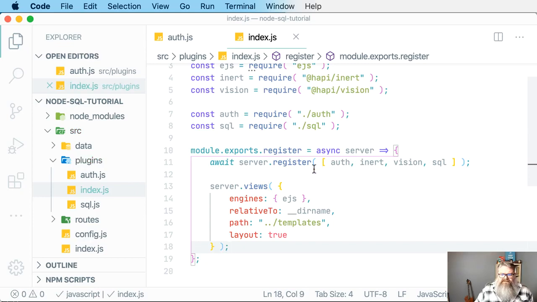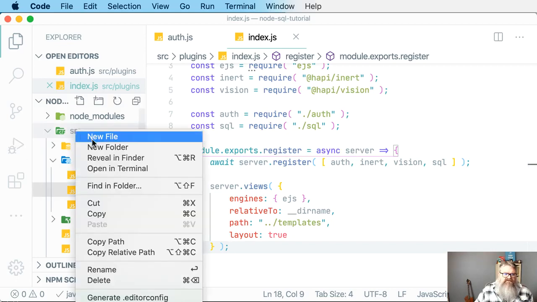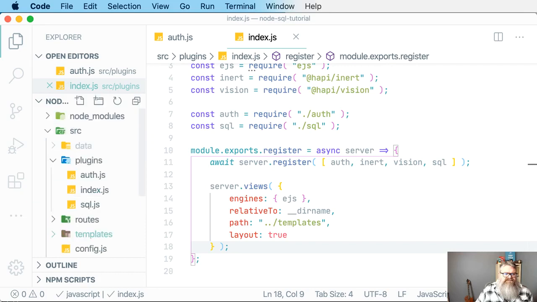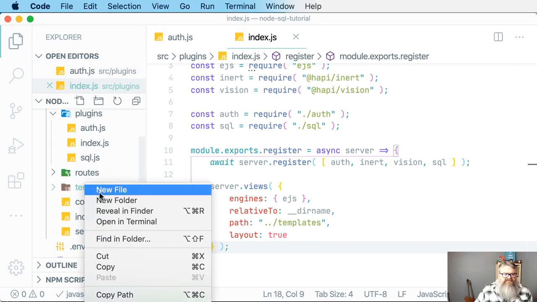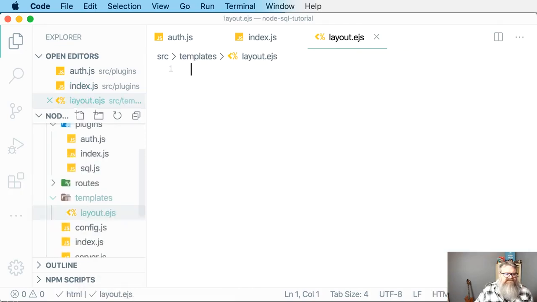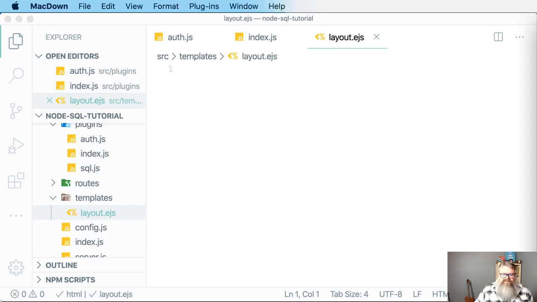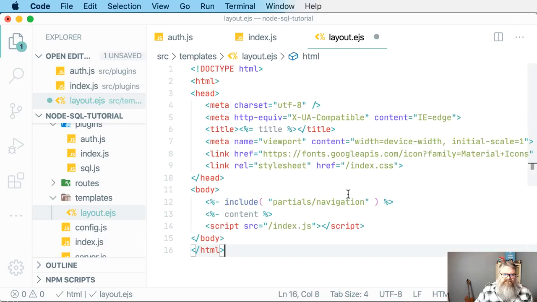All right. So let's add our server templates. Under the source folder, create a new folder named templates. And we'll create that layout file, layout.ejs. And I'm going to just copy in some code here and walk you through what this looks like. So HTML code, we've got a doctype, HTML, a head